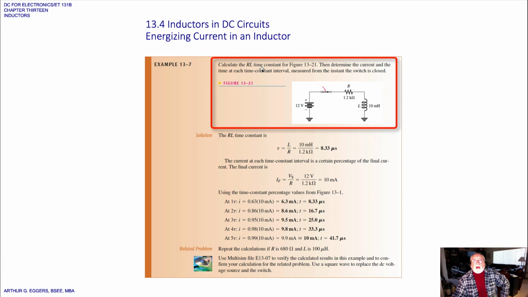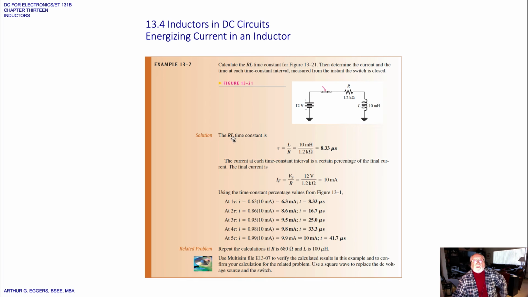Calculate the RL time constant for the figure, then determine the current and the time at each time constant interval, measured from the instant that the switch is closed. So we've got a 12-volt source. We've got our switch going to the closed position, allowing current to flow. The current flows through the resistor, 1.2 kΩ, through the inductor, 10 millihenries. To calculate first the RL time constant, L over R, 10 millihenries over 1.2 kΩ, we end up with one time constant,